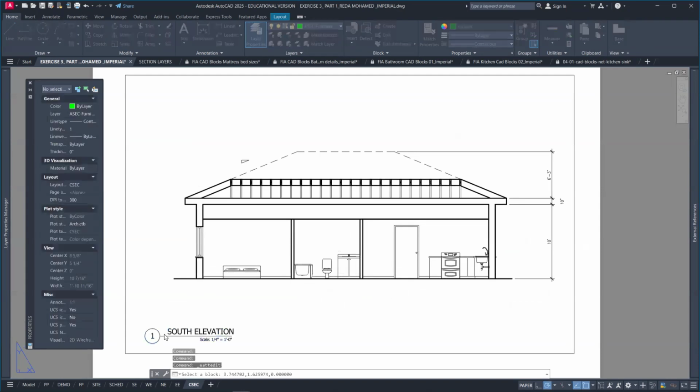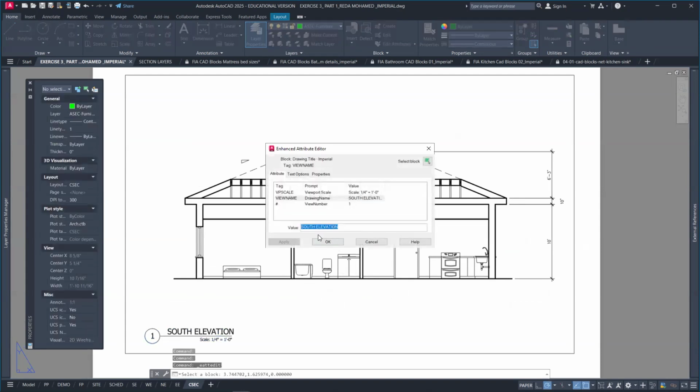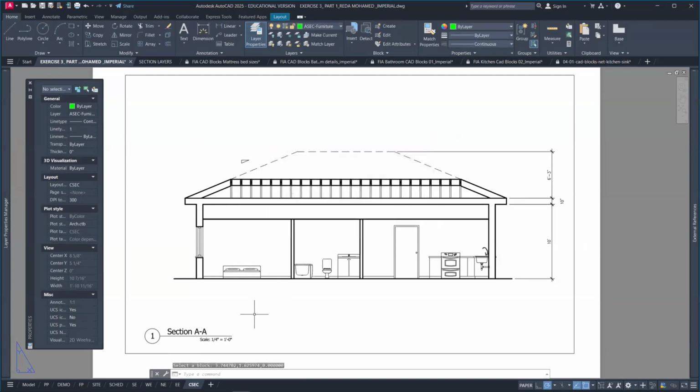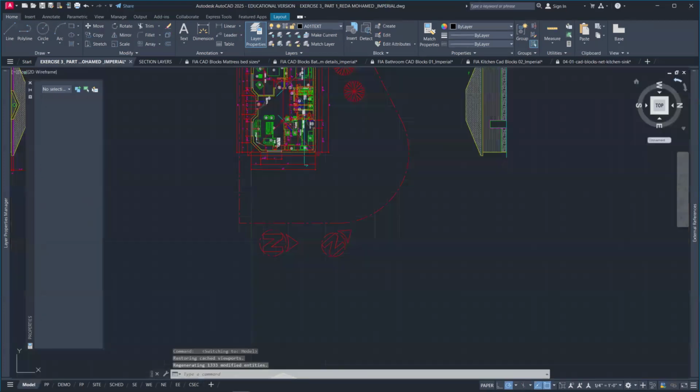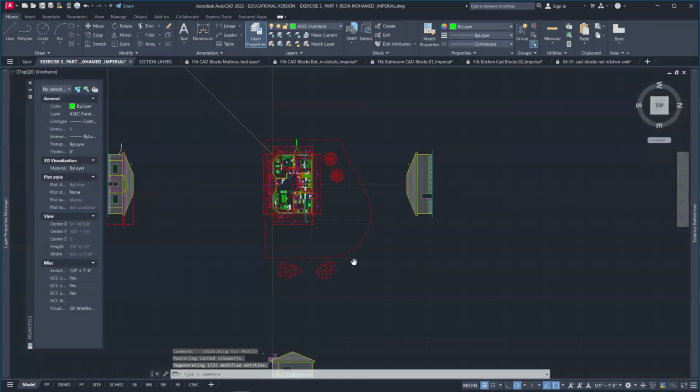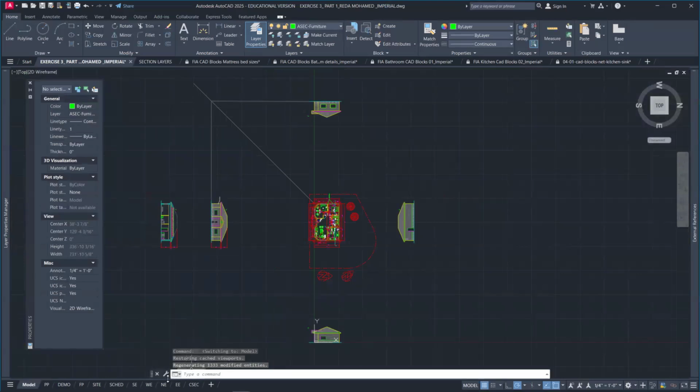Okay, so I think we need to change this to section A-A at scale 1/40 to 1. Shorten this. And we go to our model tab. Nope, I think we go back here